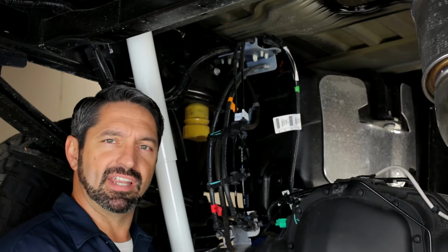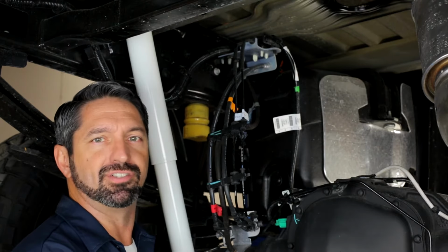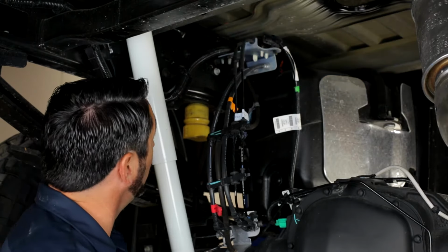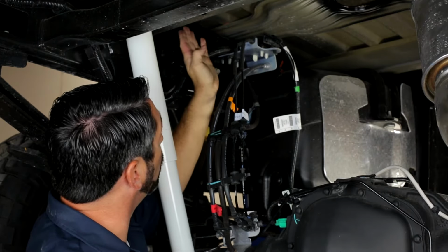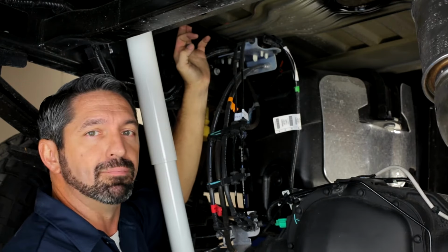In the next several steps of the installation process, we're basically going to be building the support structure for the center section of the gooseneck hitch to be attached to. And we're going to start by installing the inboard and outboard side plates on the frame of the truck. Now on four-wheel drive models of the Super Duty, you'll find that Ford has provided an inboard side plate already welded into position. However, on two-wheel drive models, you may or may not have this bracket. That's why it's important to order the